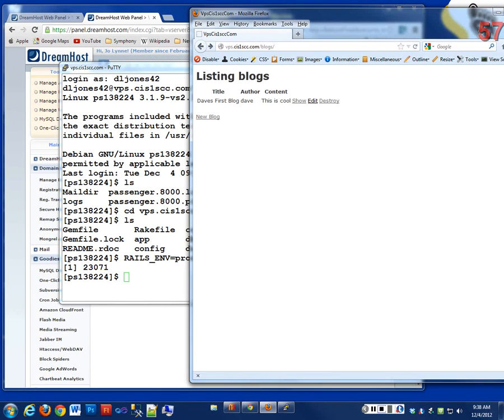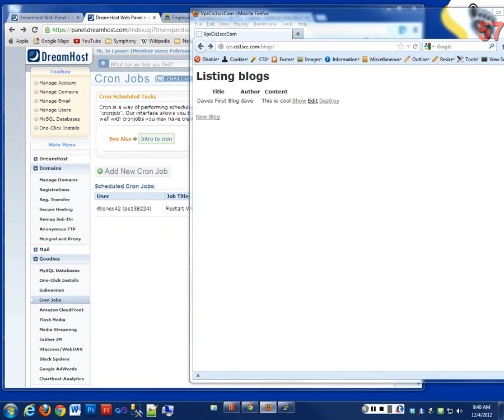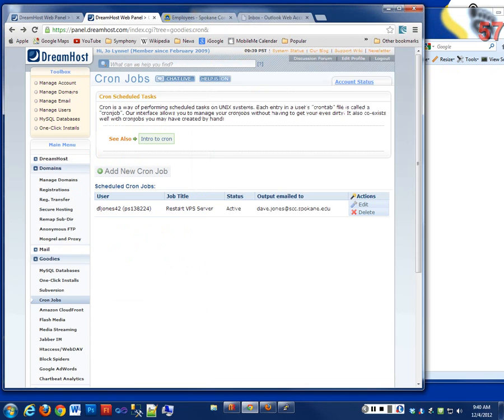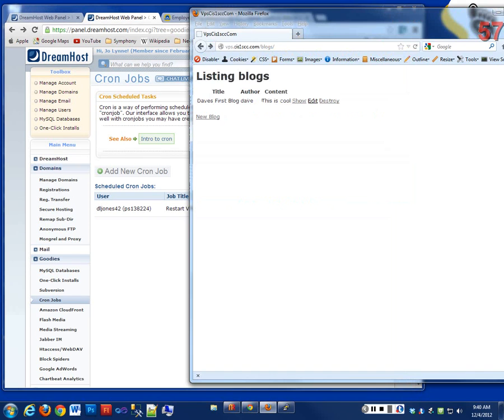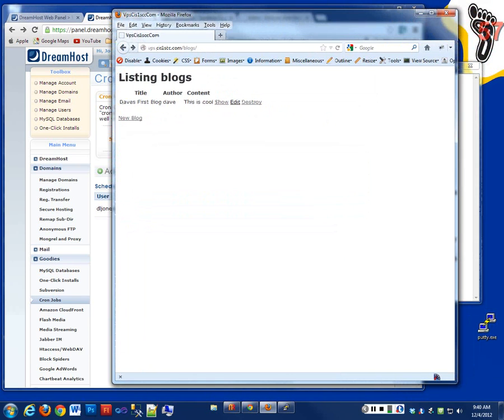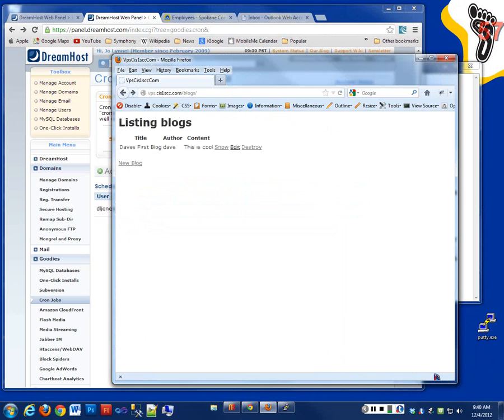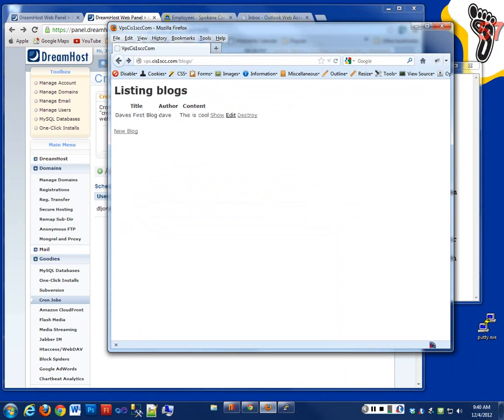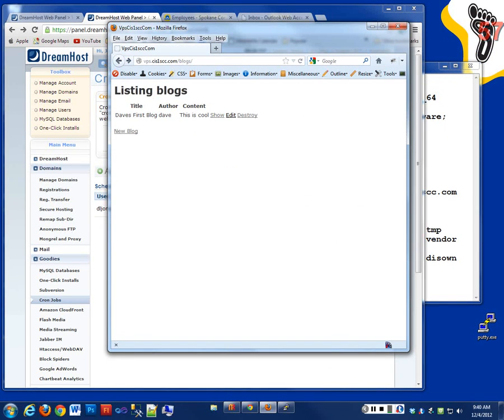Let me pause it. All right. I think the reason is probably that the cron job just wasn't set up yet completely. That might take a few minutes. So I would wait another half hour and try to reboot it and make sure that that's working right. But otherwise, that's a quick overview of using Dreamhost specifically for hosting your site, and that's not too bad, $15